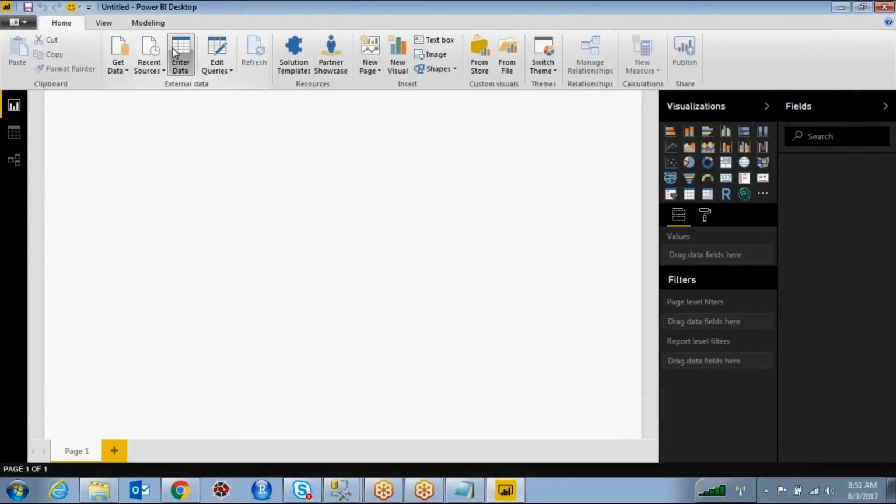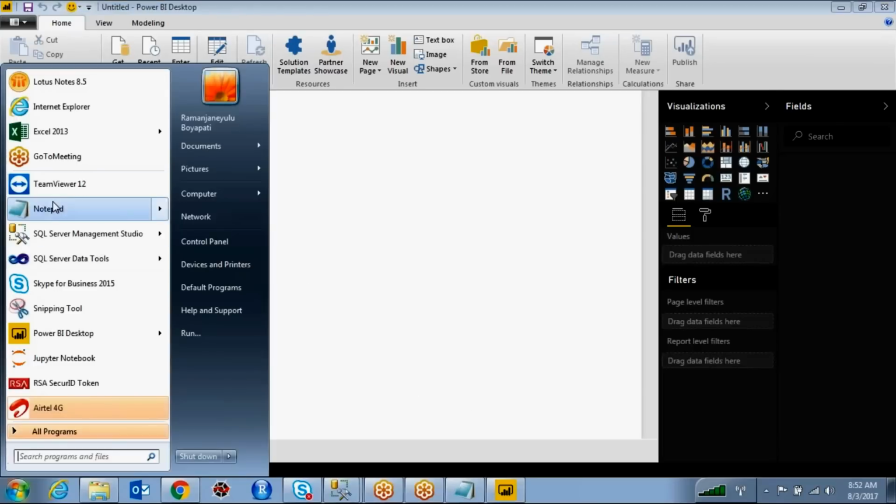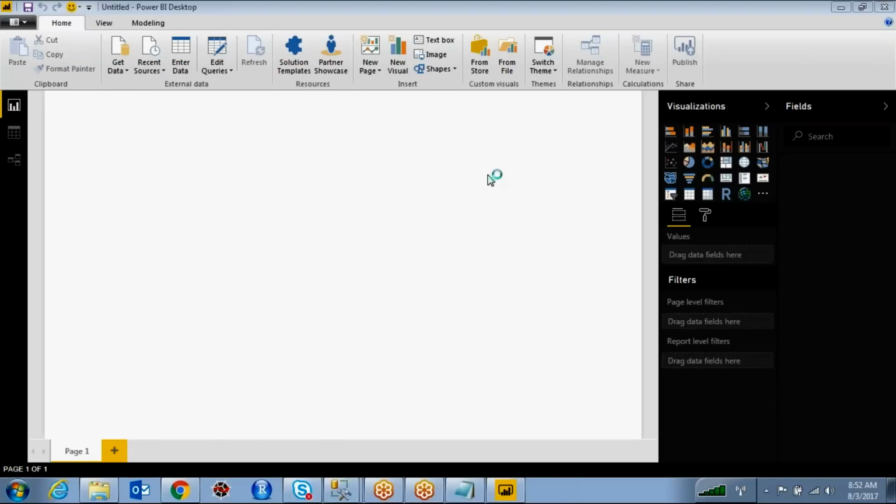Okay. So now, what is the very first thing we have to do for any kind of reporting you want to design? We have to get the data, right? That is the first thing you have to choose when you are going to design any kind of reporting or visualization. You have to focus first on what your data source system is.